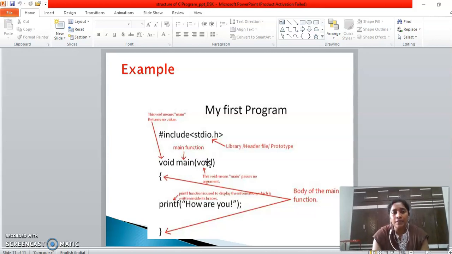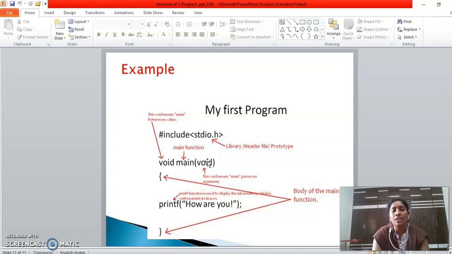Printf is an output function. This printf function resides in the header file called stdio.h. For the printf function, we have to open a parenthesis, and within inverted commas whatever we write will be printed as it is on your output screen.